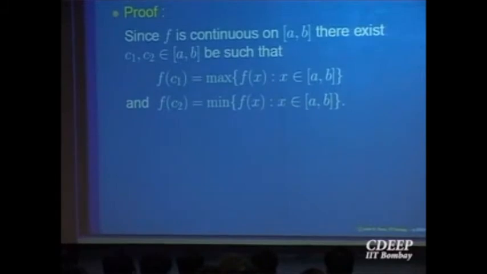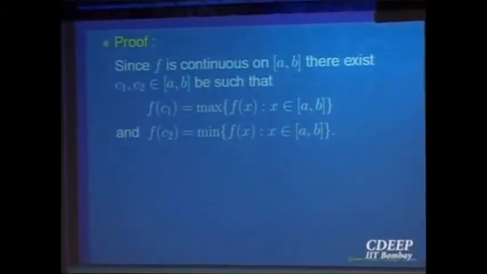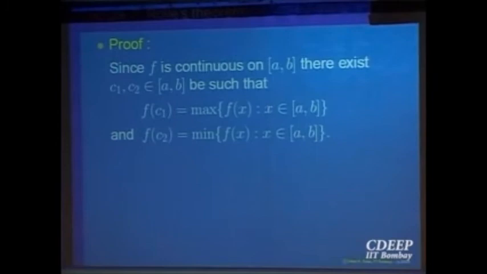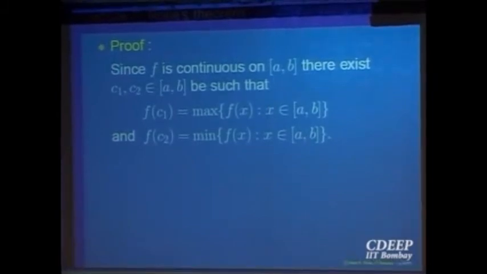Now see, if a point is an absolute maximum, that means it is the largest value compared to all points, then it is also local anyway. This is the fact one should observe: if at a point the value is largest compared to all values at all points in the interval [a, b], then of course in a neighborhood also that property is true, right? So c1 is also a point of local maximum, actually a global one, and f(c2) is a local minimum, actually a global one.